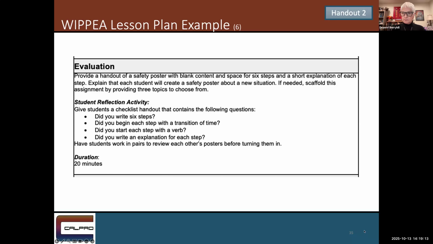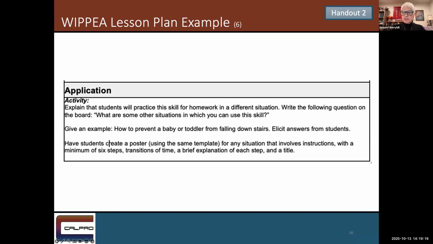Okay. The final step is the application stage of the WIPIA lesson plan model. This is where students get to practice and apply the skill we've been working on, but in a slightly different context. For this activity, you would explain to the students that they'll practice the skill as homework by applying it to a new situation. On the board, you could write the question, what are some other situations in which you